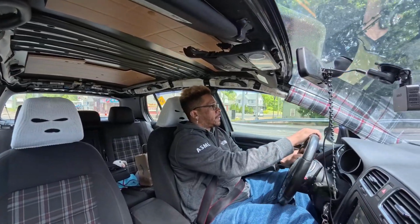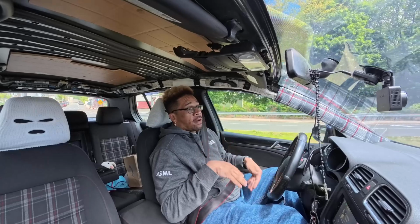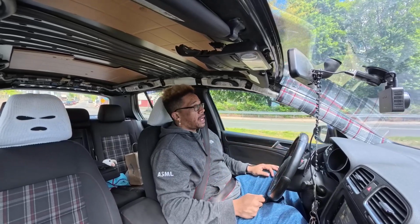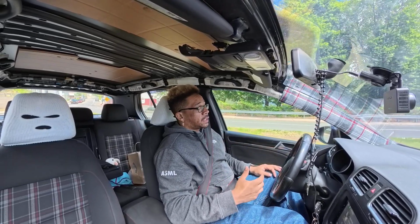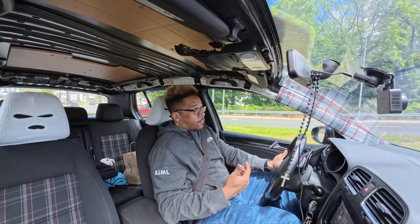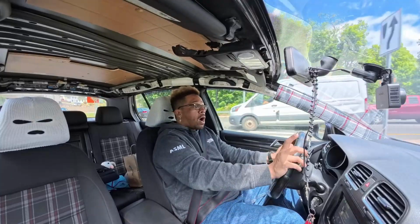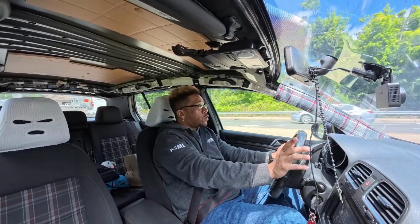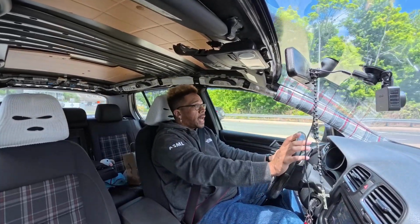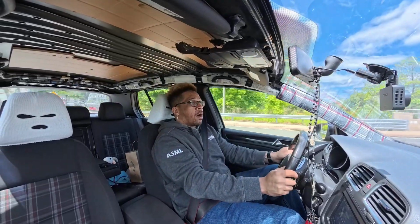And what else did I get done on here? As you can see, the headliner is still out of this car, but I do have one layer of fabric put onto that, so that's good. I need to get some other material though, so I can finish up the headliner, get the headliner back in here. I don't know how good the camera's gonna see it on here. I do have the screen flipped so I can see what I'm looking at, but I got the A pillars covered,